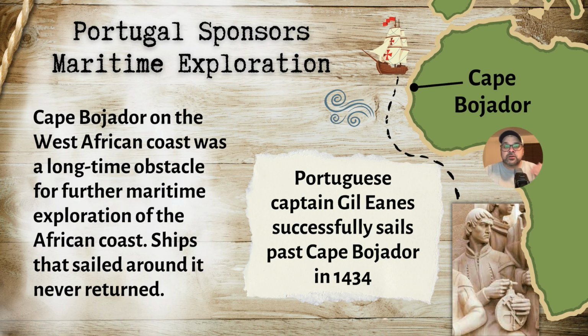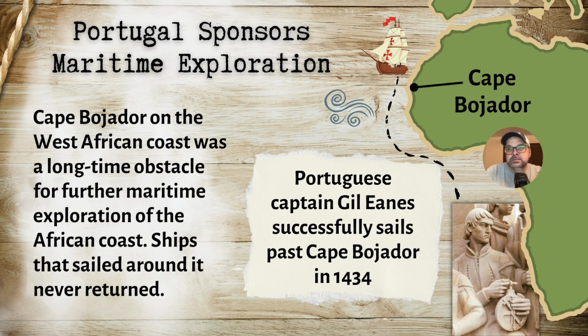Two, he wanted to know just how far south the Muslim territories really extended, right? Because again, Portugal up until this point really didn't have a ton of information about what lay south of the Saharan desert, right? So in 1433, you have Captain Gil Eanes, who is given a crew and a ship by Prince Henry in order to make a dangerous trip around what was called Cape Bojador, again in 1433.